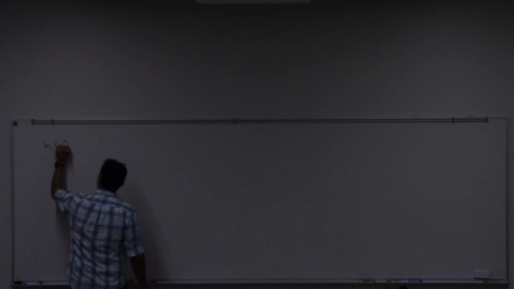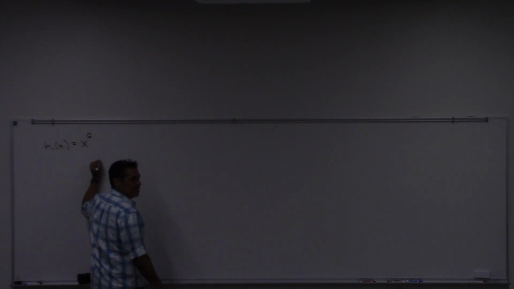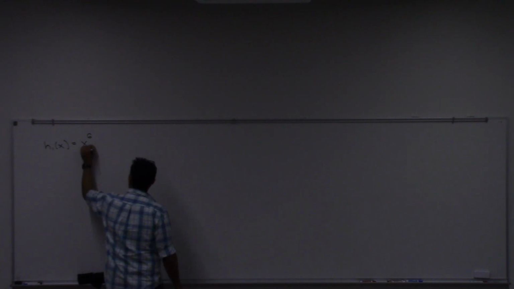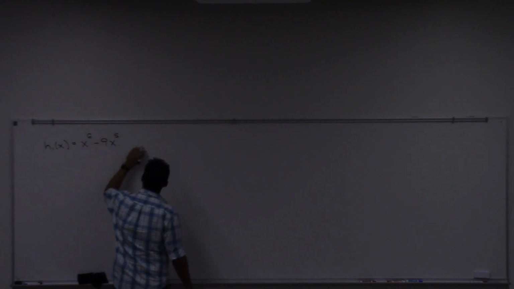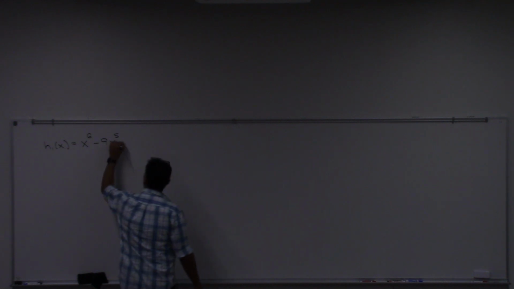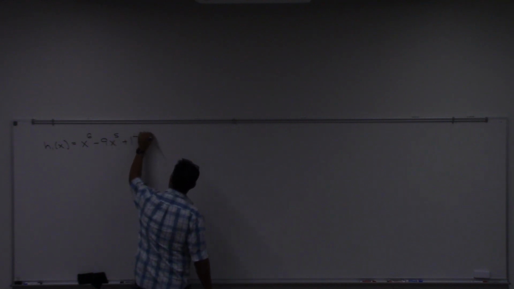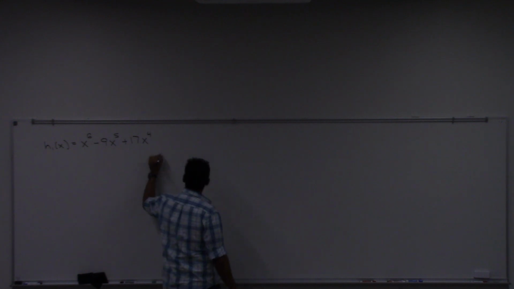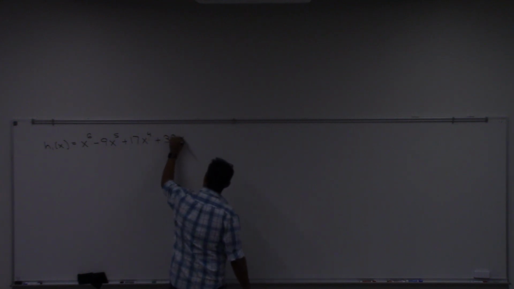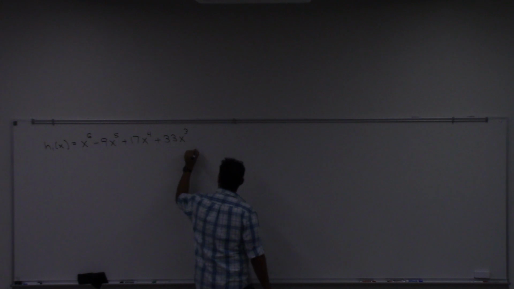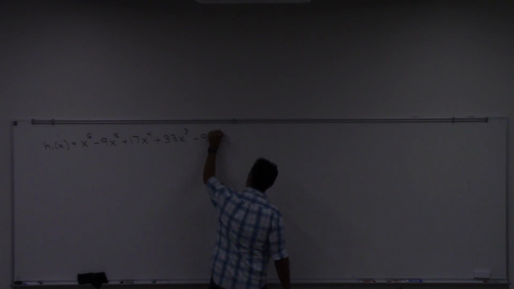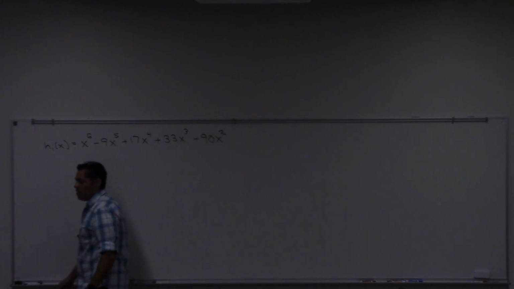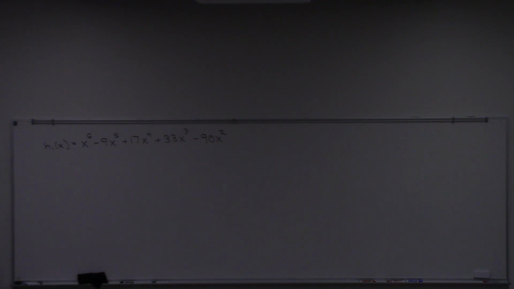H1 of x equals x to the 6th minus 9x to the 5th plus 17x to the 4th, plus 33x cubed, minus 90x squared. All right, so what we want to do is sketch this. We want to graph this, all right? I want the picture of this. So the first step to sketching